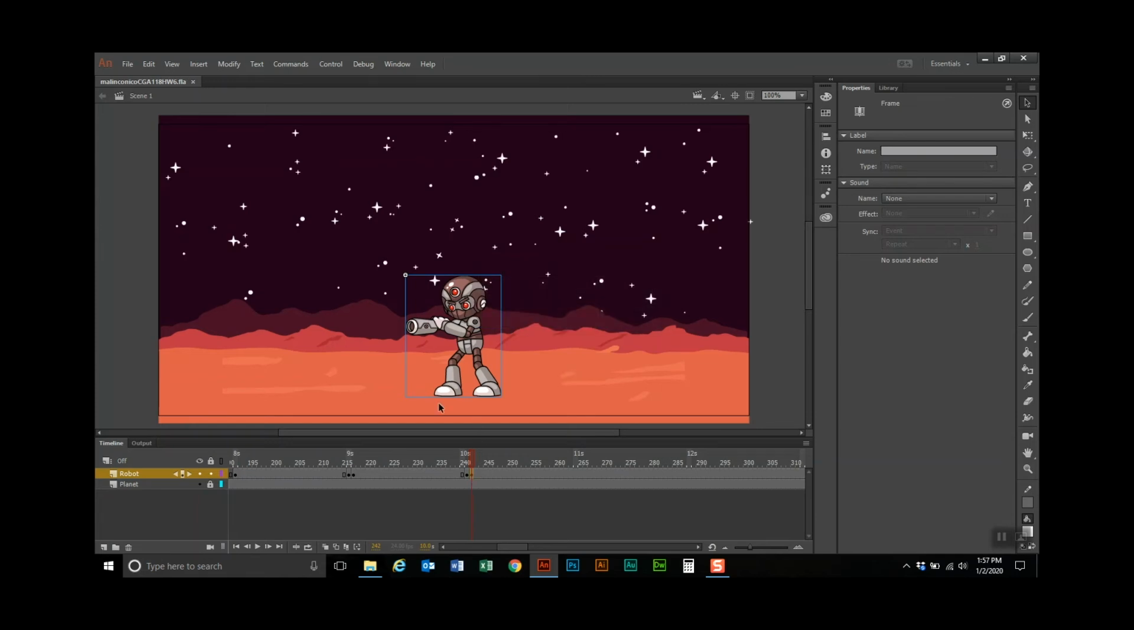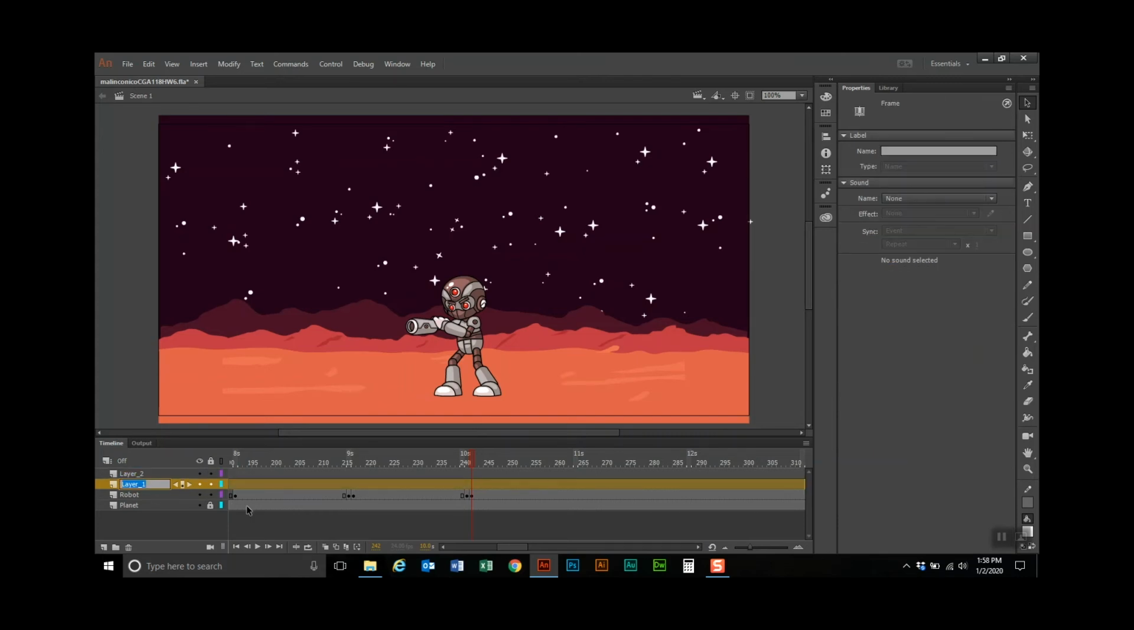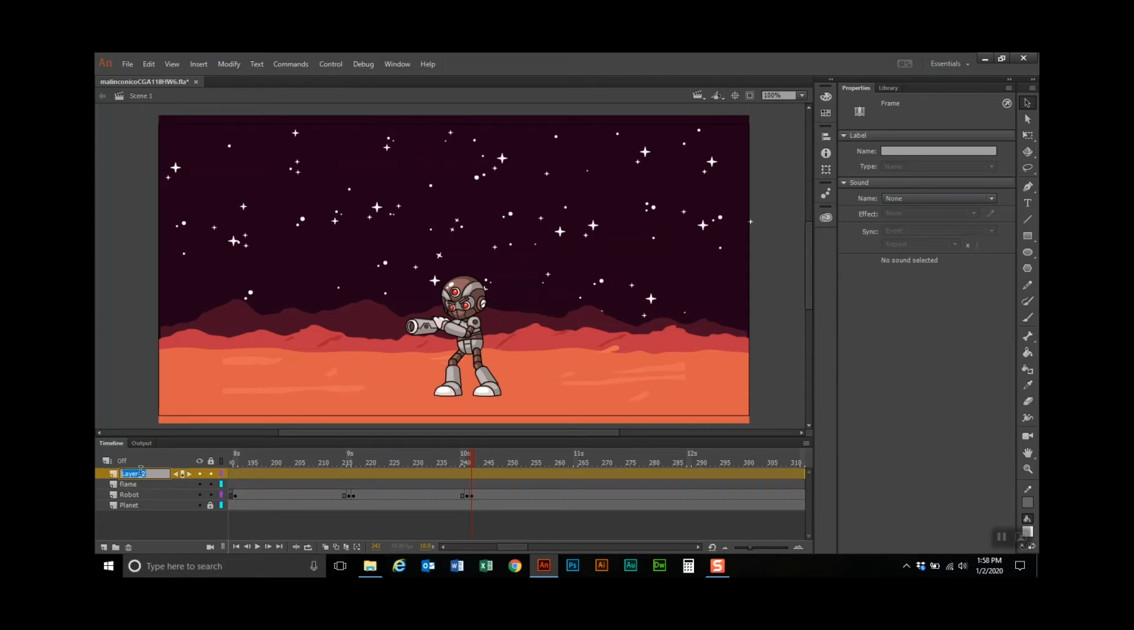Now what we need to do to get this to fire, we need a couple more layers. So I'm going to add two new layers. One is called layer 1 and one is called layer 2, which are terrible layer names. So I'm going to call one flame, and the other one is going to be sound, because we want the sound to go when it fires. All right, so at frame 250,